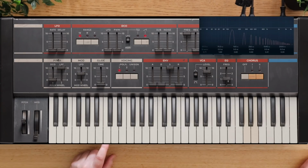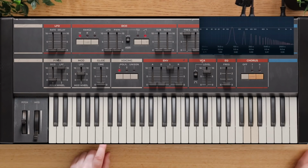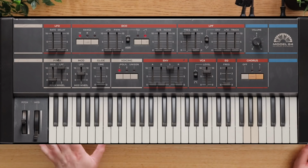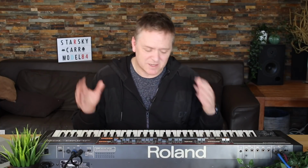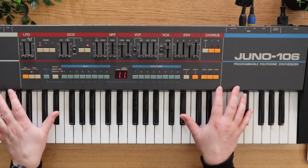Let's try that on the Model 84 then. It's doing exactly the same thing. The top end's moving a tiny bit, but the low end's moving more. Let's just compare them. And there again, I wasn't sure which one I was playing. Sometimes, as I say, you think you're hearing differences, but...